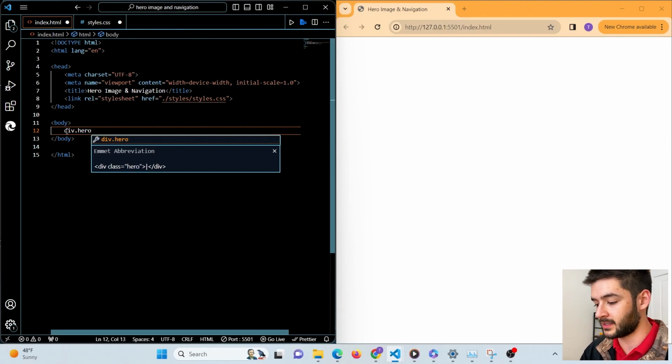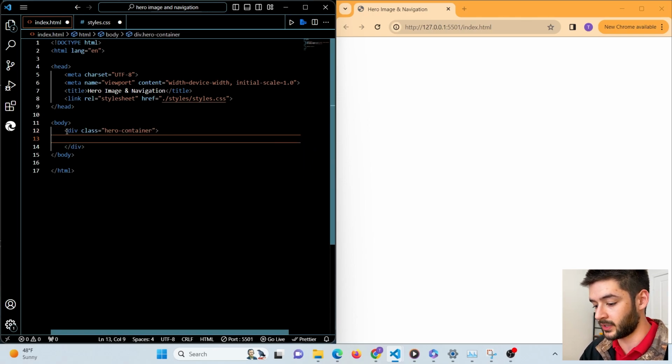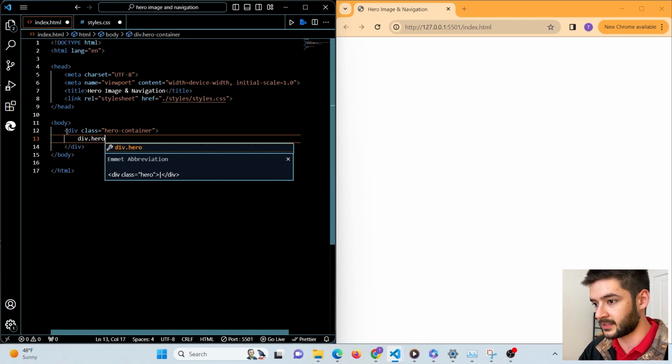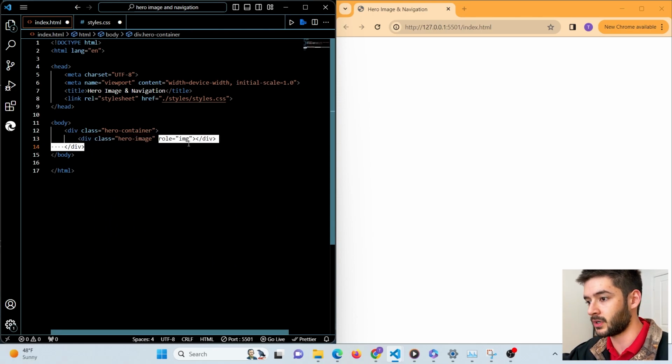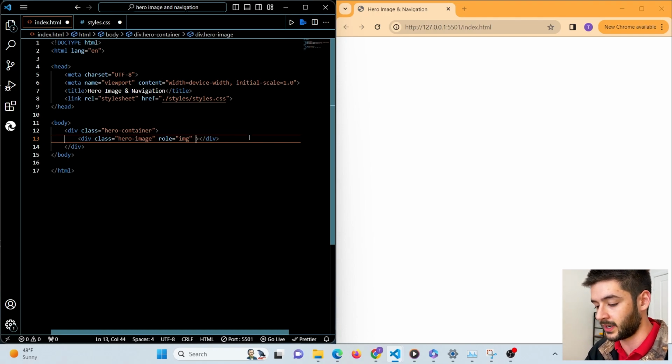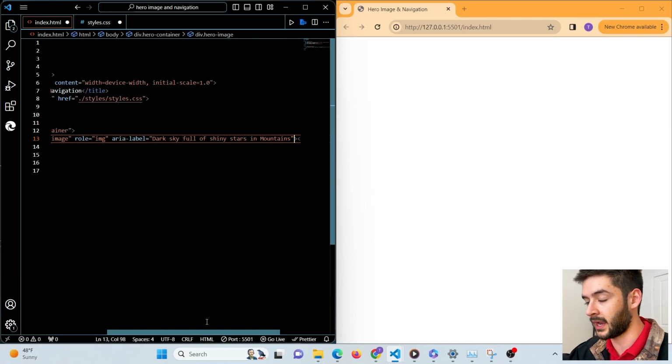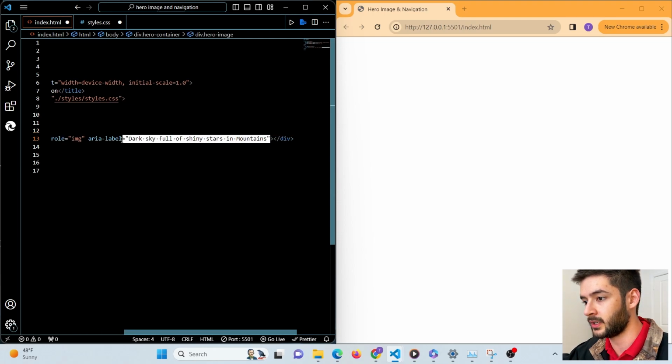Start off with a div with a class called hero container. Inside of that div, we want to create one more div with the class called hero image. We want to tell our browser the role of this div, and this is going to be for an image. Now we want to include an aria-label element, and this is simply going to contain some alternative text for